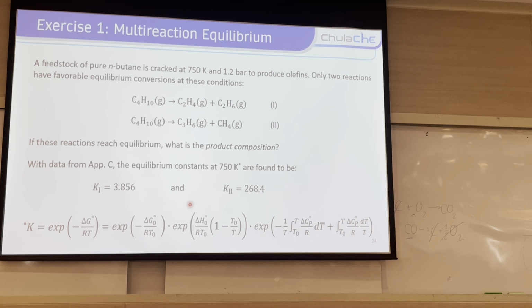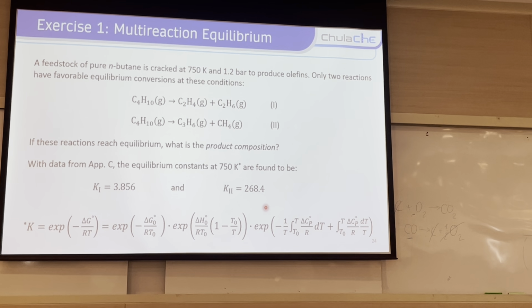As it says, the equilibrium constant is separated for each chemical reaction. In this case, you have reaction number 1 and number 2, so you have two chemical equilibrium constants. The first one, you can calculate using the equation that you have learned before. It's the same as today. For reaction 1 at 750 Kelvin, you have the equilibrium constant equal to 3.8156. And for reaction number 2, you have the equilibrium constant equal to